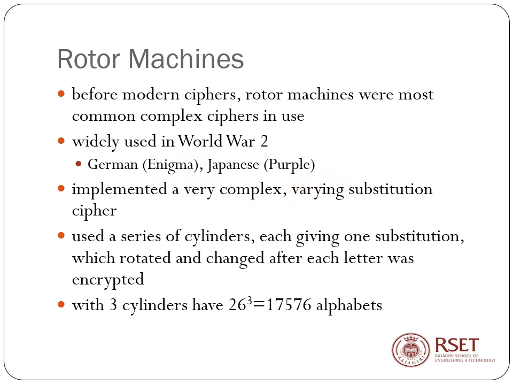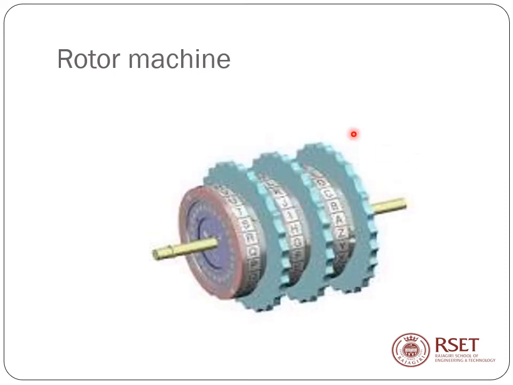So this is the basic figure of a rotor machine. Here you are making use of three cylinders, and in these cylinders you will be having the 26 characters. So you have a spindle. While you are turning this one and you fix on it, it's just like a number lock. I've seen for certain cases you have a number lock, right? So you will be trying different combinations of the number lock to come up with the correct lock. The same thing is applicable in rotor machines also.